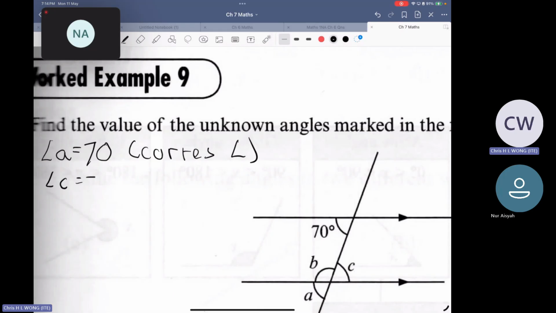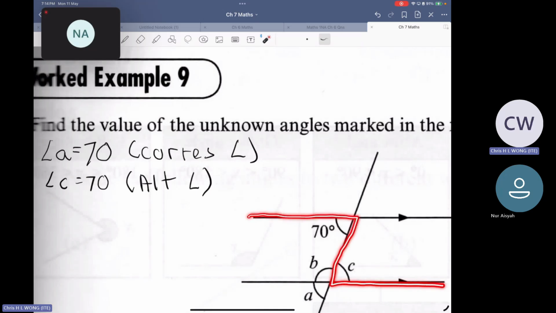C equals 70. What's the reason? Very good, vertically opposite angles. Can you see the Z? This and this, right? So you have found A, you have found C. What is B? Angle B equals